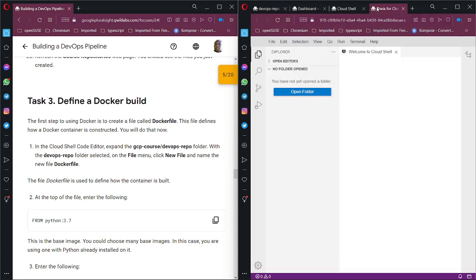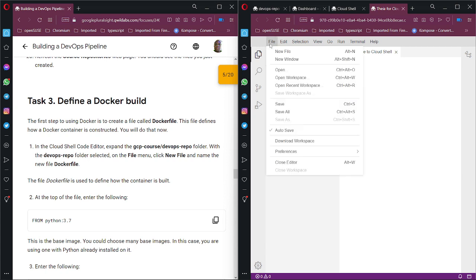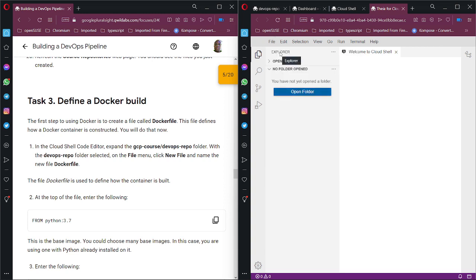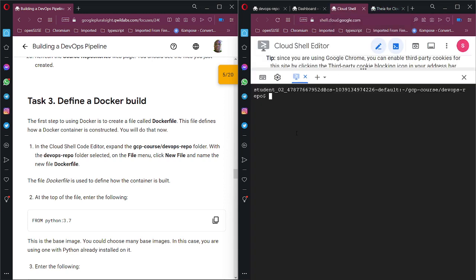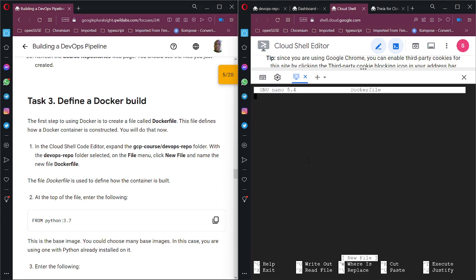Let's look at our cloud editor. Definitely this is not working properly and needs to be reported. Okay, so that file is called Dockerfile. Okay, so at the start of the Dockerfile, we bring in the image we'll be using, Python